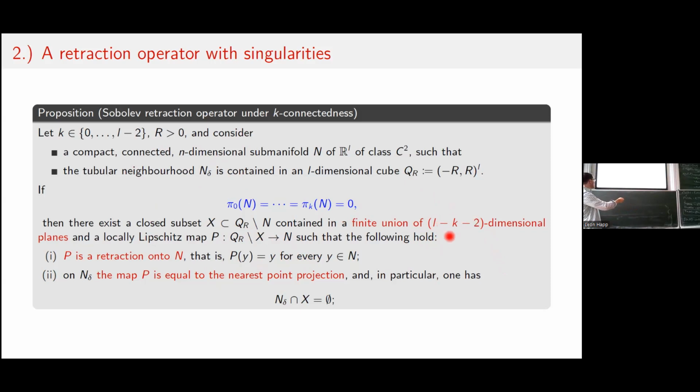What does this mean? If k is 0, this will have at most dimension L minus 2. So this is lower dimensional really. Okay, empty intersection with N. And there's then the retraction on the complement of this singular set in the Q, such that this coincides with the identity on your target manifold. This is what you want to qualify as a retraction. And actually even more, on your tubular neighborhood it's already given by the nearest point projection, which also tells you that the singular set, the set where your retraction is not well defined, also has empty intersection with your tubular neighborhood. So the bad points are placed outside of this tubular neighborhood.